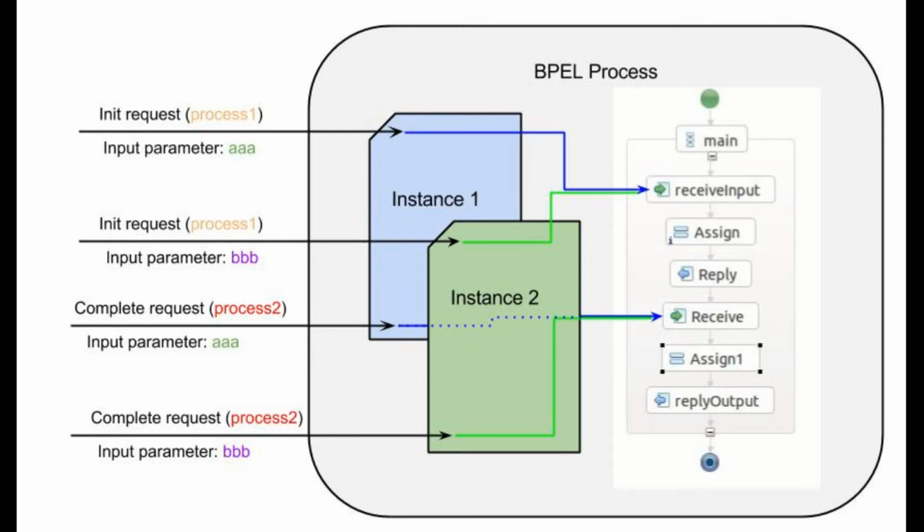The following diagram explains the flow of the process. With the first request, we create the instance. And here for the correlation ID, we use the input parameter AAA. Then at the second request, we again send a create request with a new correlation ID, which is the input parameter BBB. We use the input parameter as the unique correlation ID in this sample. The third and fourth requests will be sent using the process2 operation, and through the correlation ID mappings, it will pick the correct instance and complete the flow.